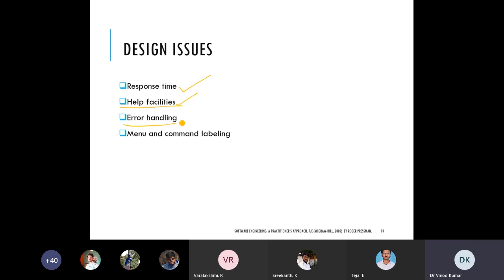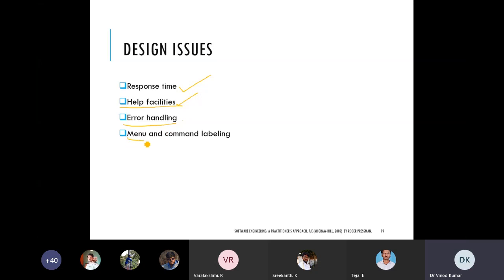In that icon we have labeled those icons with some commands. File menu is there. In that, the icon is there, and you have labeled the command. What is the meaning of that? Cut is there, means you are using cut. So some icon, some symbol is there, and you are using it. This type of labeling for the commands is called command labeling. This is also a very challenging task. It comes as a design issue also, because if the labeling is not meaningful, that will also be a problem.